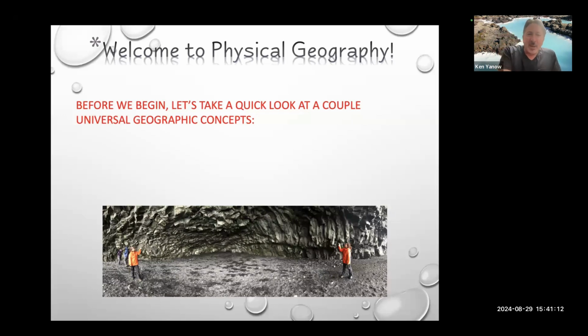You take a look at this picture and it becomes a head scratcher. You go, where was this picture taken? What is this? And how did this happen? Well, this is in Iceland, and this is one of the black sand beaches in Iceland. The black sand is all due to the erosion of lava flow. And you're looking at this lava cave. The reason you get this lava cave was due to how quickly the lava cooled when it was flowing out of a volcano. So it's pretty interesting stuff.